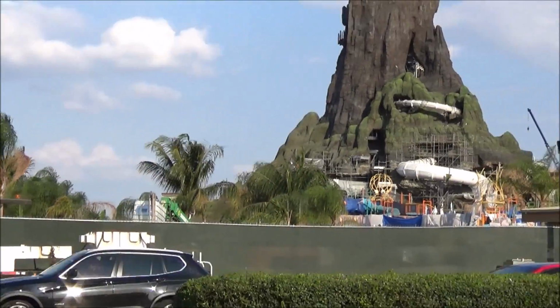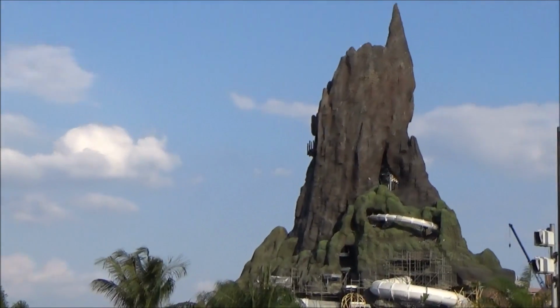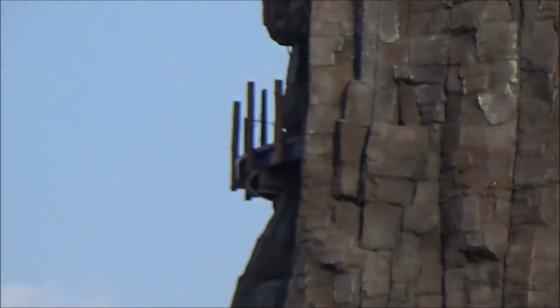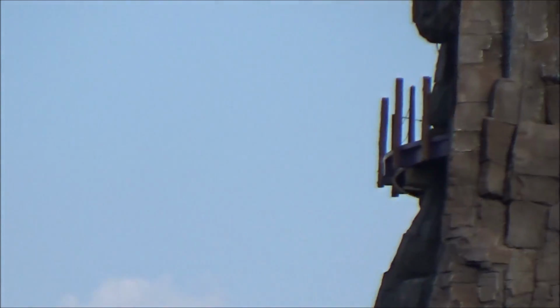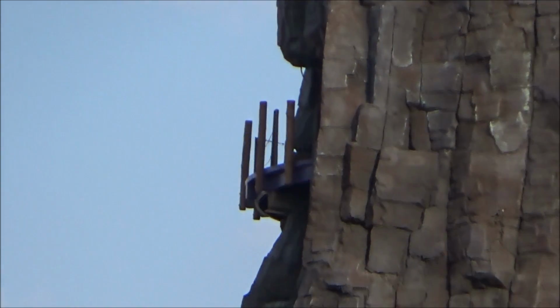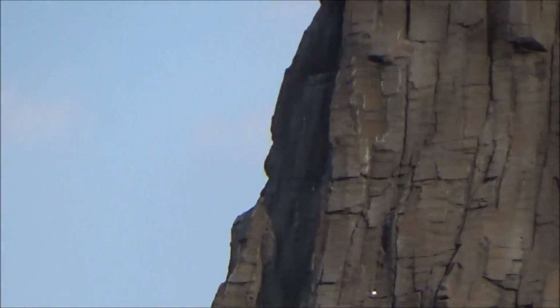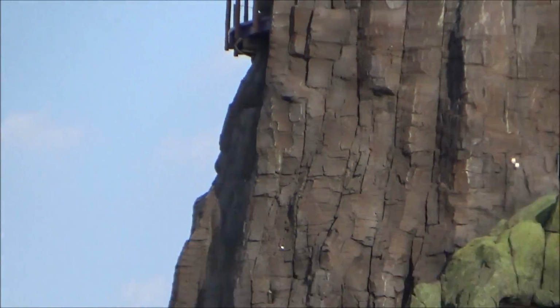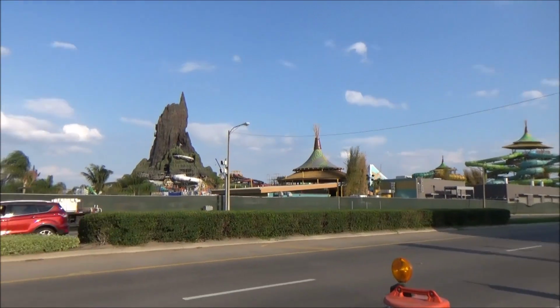So that will pretty much, as we take a look at the Krakatoa Mountain, oh, one more thing. We can see the platform sticking out there. It also has some banister railing on it now. No cross railing yet, but definitely those vertical poles will be holding some cross poles for safety, obviously, for a great viewing platform possibility. So as we pull back out real quick and take a look at Volcano Bay, Krakatoa